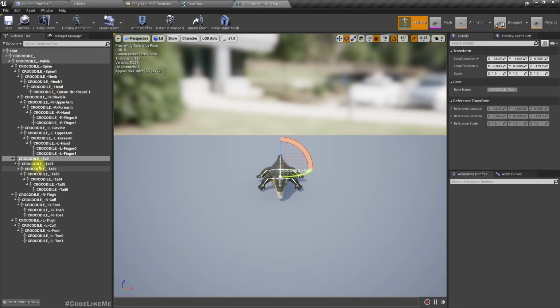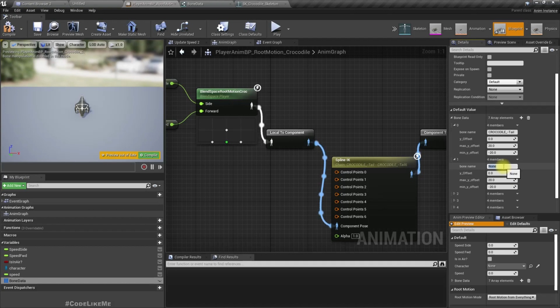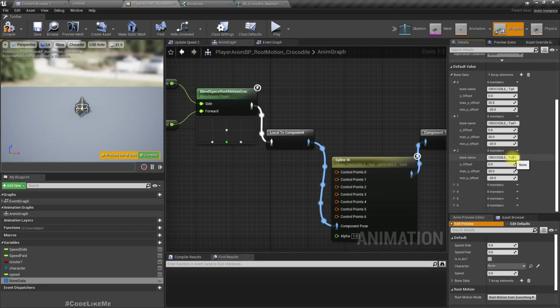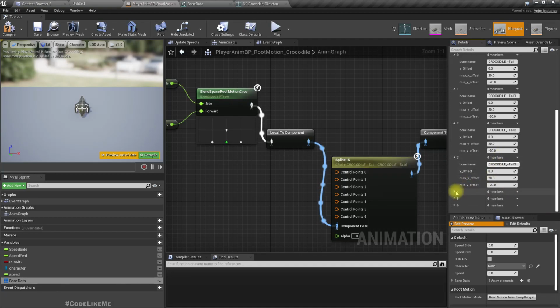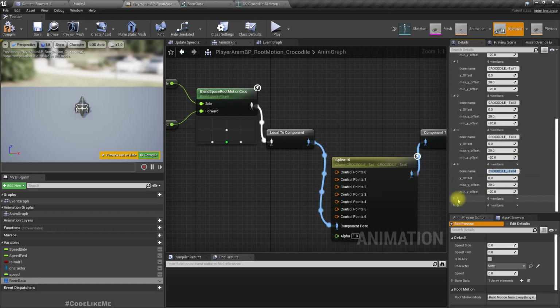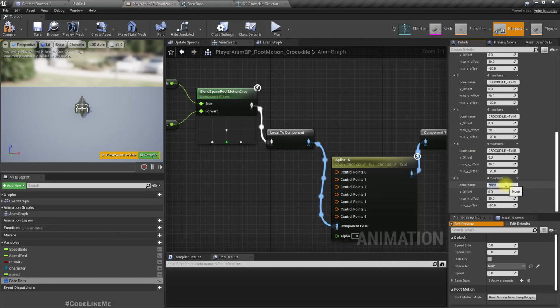Second bone name is tail 1, like that until tail 6. Tail 2, tail 3, 4, 5, 6. Okay,